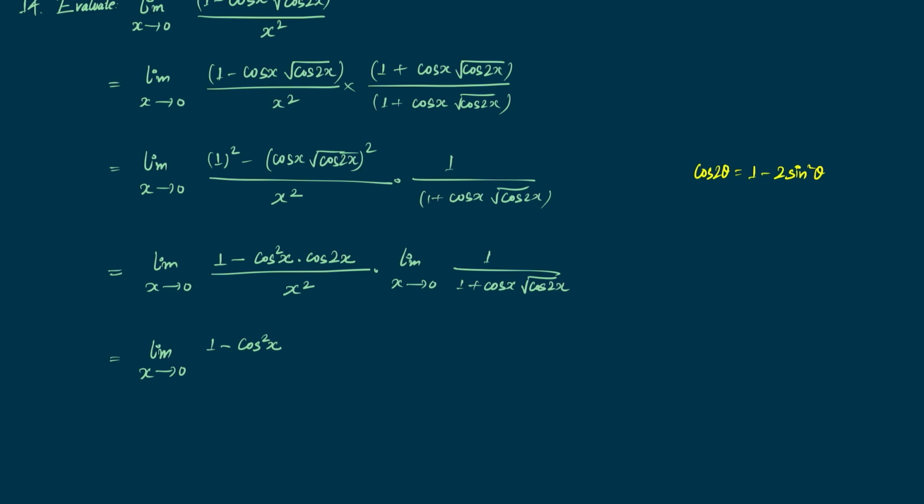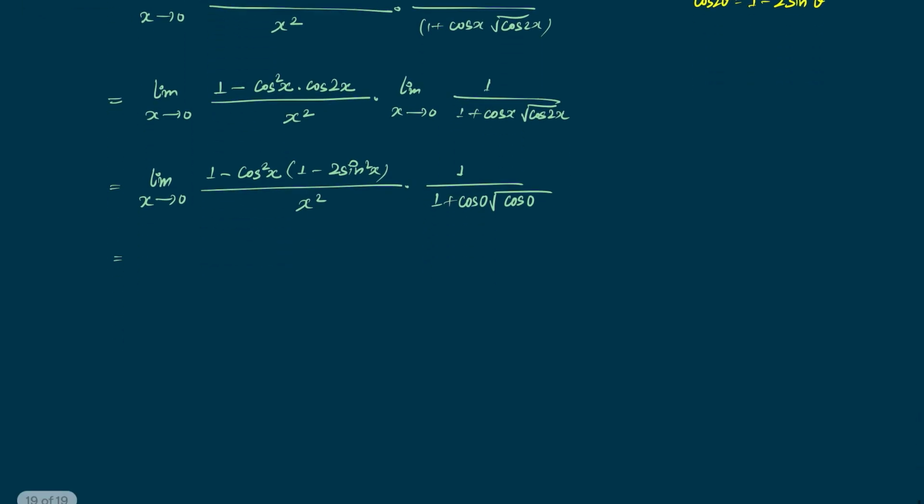So I will write in place of cos 2x here 1 minus 2 sine square x, whole divided by x square into, now here in this portion, let me put the value of x directly because there is no problem. So it will be 1 by 1 plus cos 0 root over cos 2 into 0 is 0. So it will be equal to